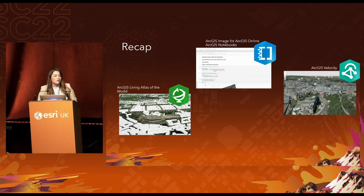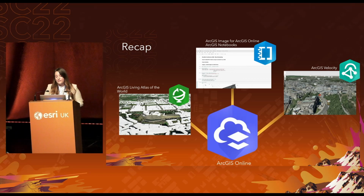Incorporating real-time feeds using ArcGIS Velocity, we brought the city to life and addressed common operational challenges by using real-time analysis to determine where two buses are too close together. And we did this using only software as a service, completely out of the box, except for a sneaky little bit of JavaScript on the plane. But this is really powerful technology that anyone with ArcGIS Online now has at their fingertips, and the possibilities are endless. I can't wait to see what operational insights that you create and share with ArcGIS Online,